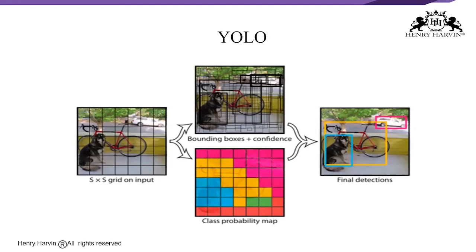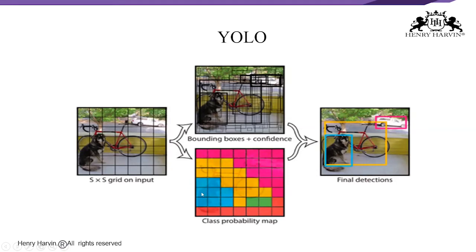It takes the input and localizes all the objects in it. Just look at this. You take an input image and it is divided into grids. For each portion of the grid, you try to predict what class it is. Here the class is nothing, it is just the background. But if you look at this particular cell of the grid, the class here is the dog class. Blue means dog.